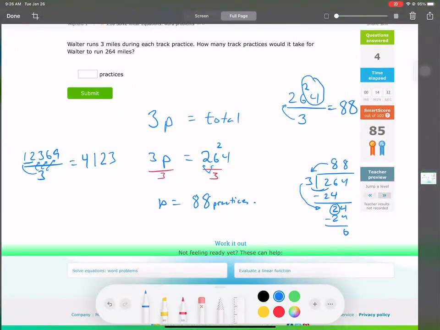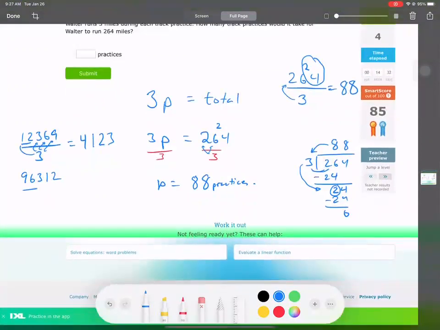I'm going to do this backwards. 9, 6, 3, 1, 2. Okay. Divided by 3. 3 goes into 9 how many times? It goes into it, right? So we don't have to go to our next step. So that's just 3. 3 goes into 6 2 times. No remainder. 3 goes into 3